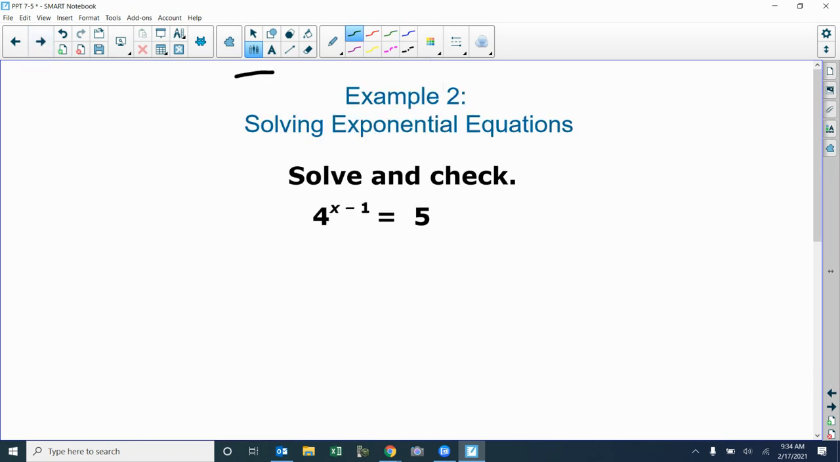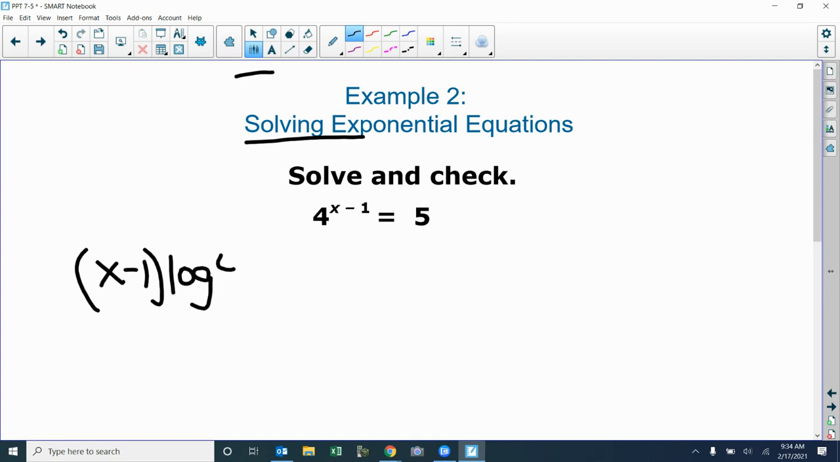All right, my first question is, can I get the same base? 4 and 5, the answer would be no. Okay? So I'm going to take the log of both sides. It's the only way I can solve for this one. Now, you can start getting a little better with it, and you don't have to write so much out. So if I do take the log of both sides, I know that that x minus 1 comes out front,